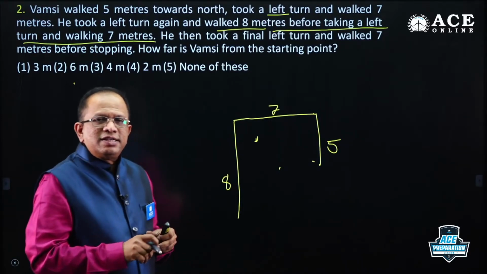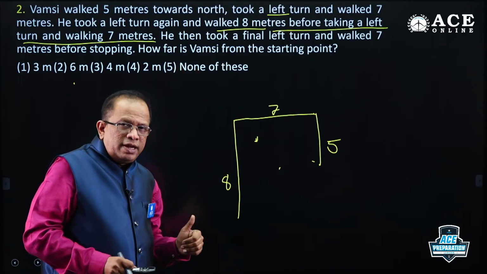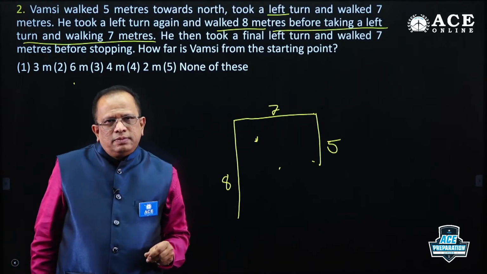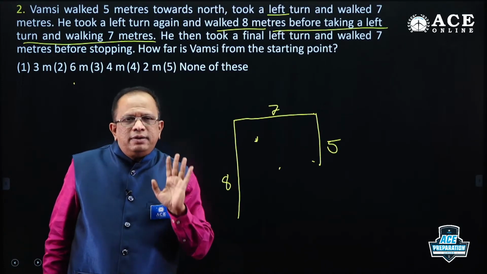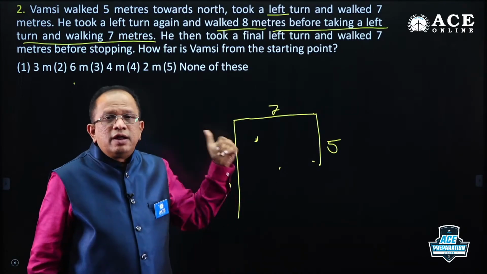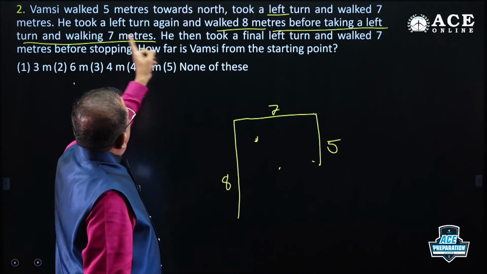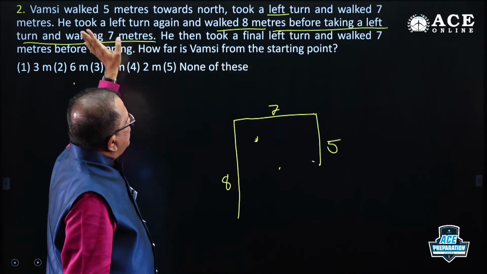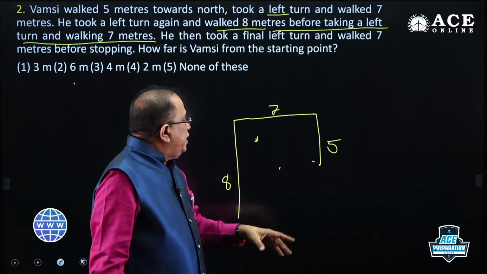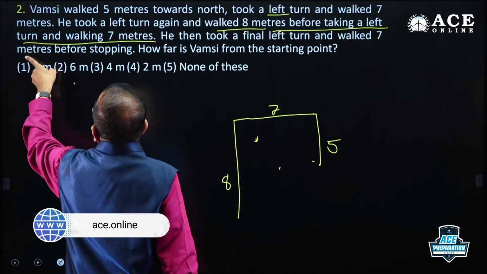Okay, let us understand. Whenever you are stuck, whenever you think it is a bit confusing, ask yourself, what happened first? After that, what happened? This is the only mantra that you have to follow for coming out of confusion. Now, walked 80 meters before taking, that means first he completed this. After this, what did he do? He took a left turn and